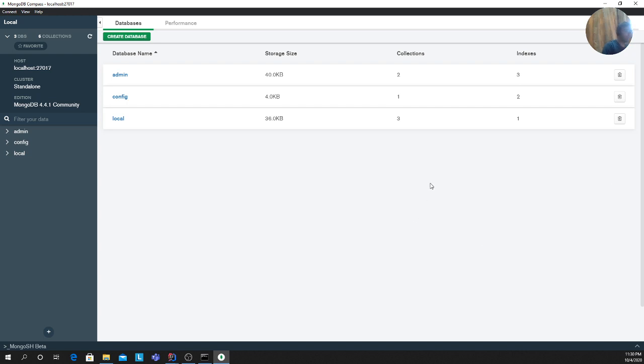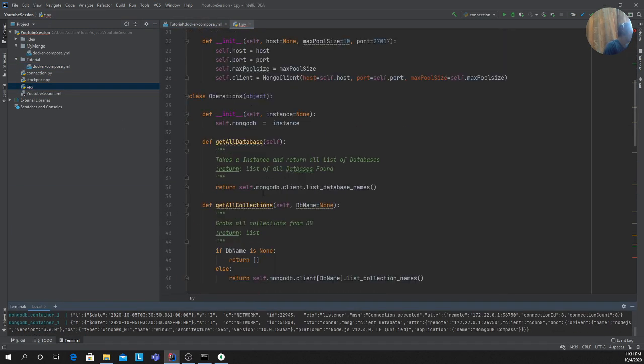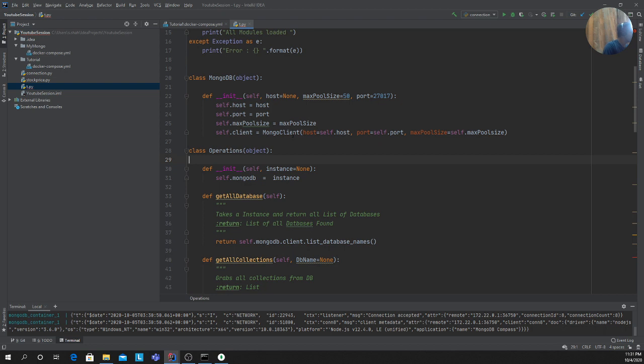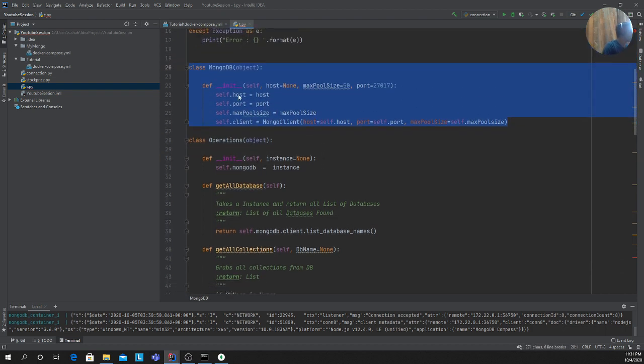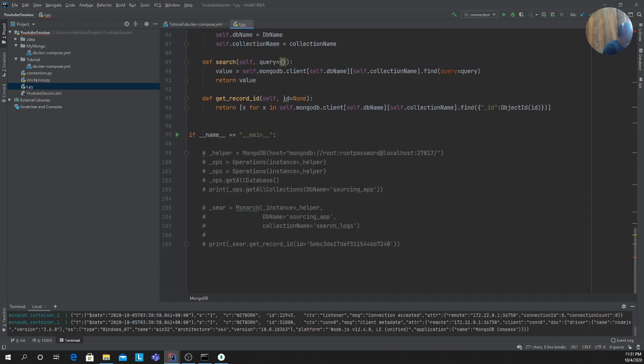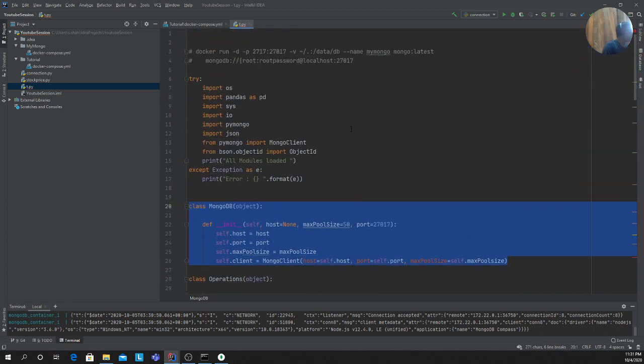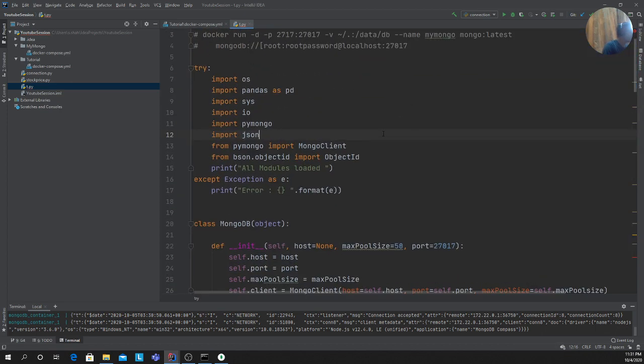Join me in the next class where I'm going to be taking a complete dive into object-oriented code. We'll write state-of-the-art classes, and we'll break down into separate, smaller classes. We'll have an operation class, a MongoDB class, an insert class, a search class, and all of that. It's going to be fun. Trust me, it's going to be fun. So please join me, it's going to be really fun to learn all of these things. That should be in tutorial number 2.